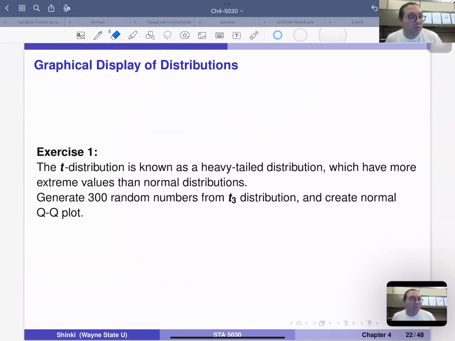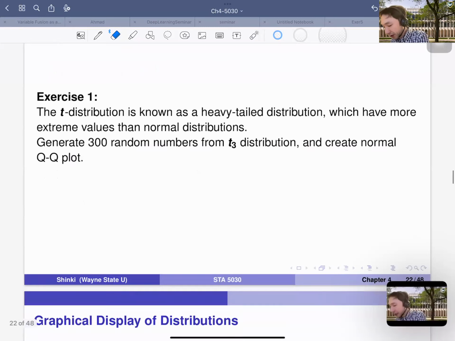Sorry, I have a question. Sure. So, if the QQ plot doesn't follow what we think it does, does the shape that it takes give us any clue as to what distribution it might follow? Yeah, so that's a very good question, and